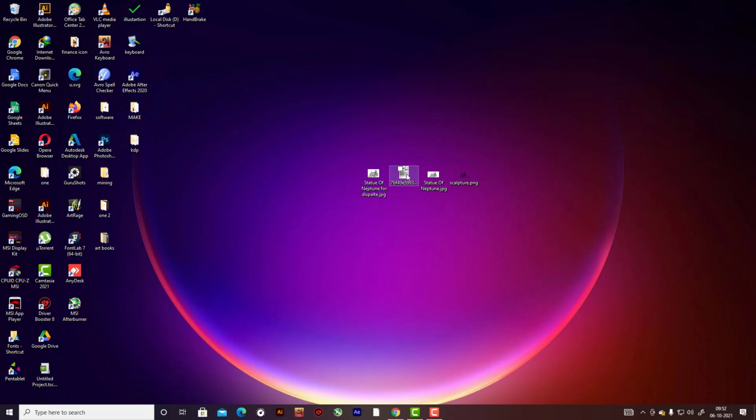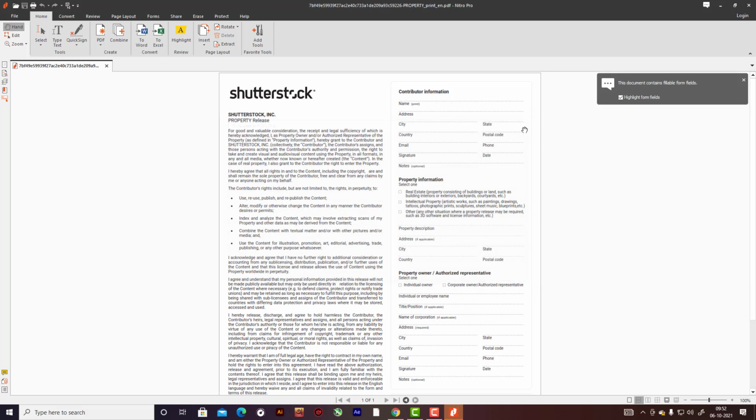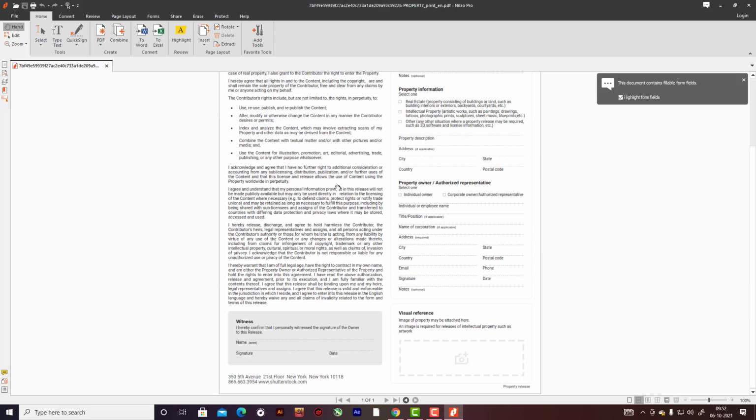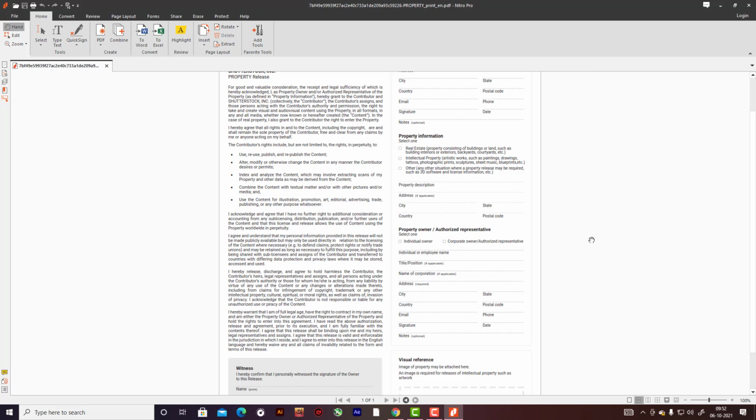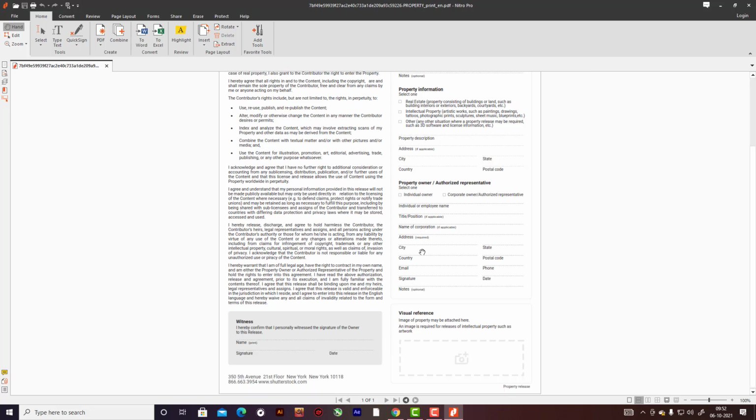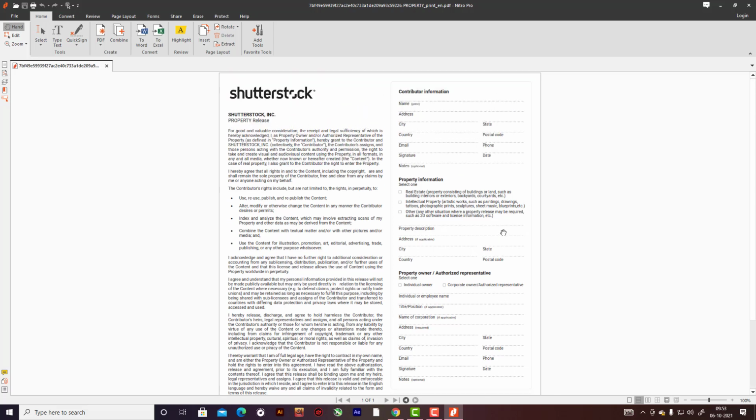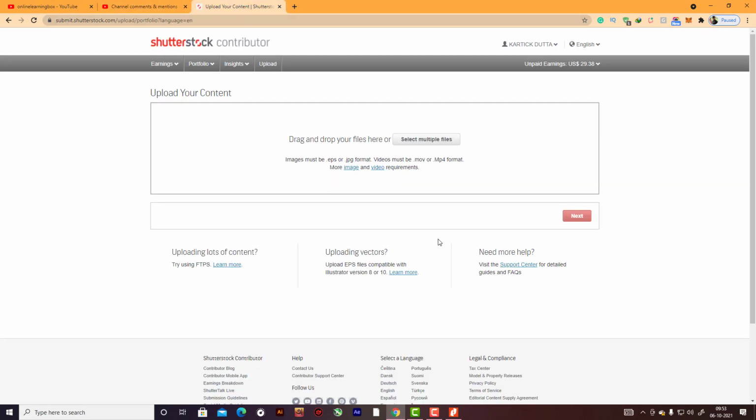release note. Here I have already downloaded a release note. Okay, this is the Shutterstock release note, the property release note. Here I'm going to discuss how you can put your address properly. So here you can see this is the property release. If you can't find where to download the property release properly,